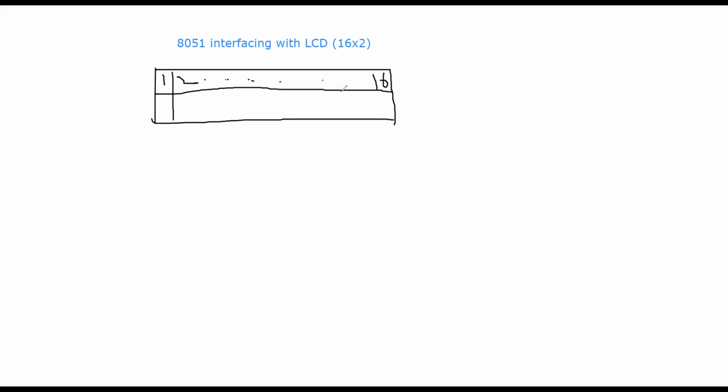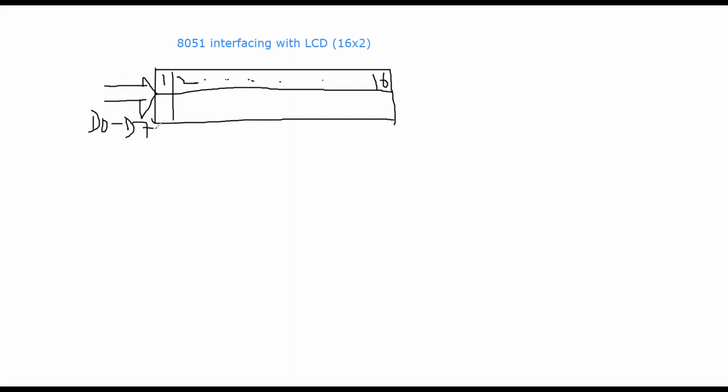Now it has some pins. The first pin is to give some data. This is a data bus, D0 to D7.